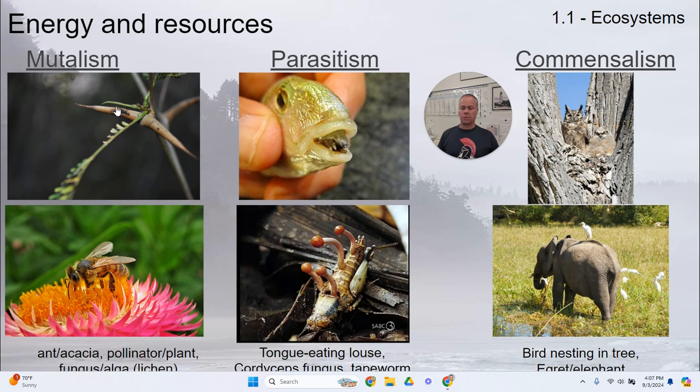These spikes are acacia thorns, and they're hollow, and inside of them lives an ant. And this ant and this acacia tree have evolved this beneficial-to-both-species mutualistic relationship. The ants defend the acacia tree from herbivores. They'll go out and they'll sting and irritate herbivores so that they don't eat the acacia tree. At the same time, the acacia tree provides a living space for these ants and provides nutrition as well. So both species in this case are benefiting.